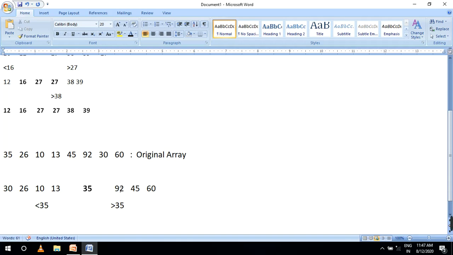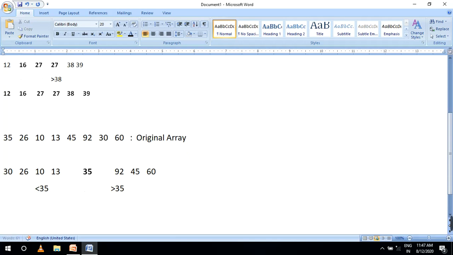The first value is the pivot value. 30 is there, you just go for 13, 10, next 26.